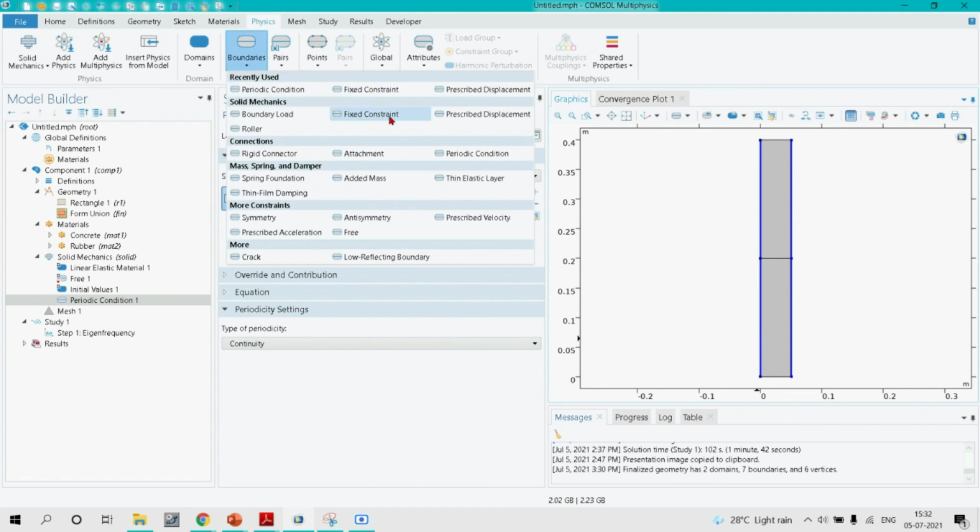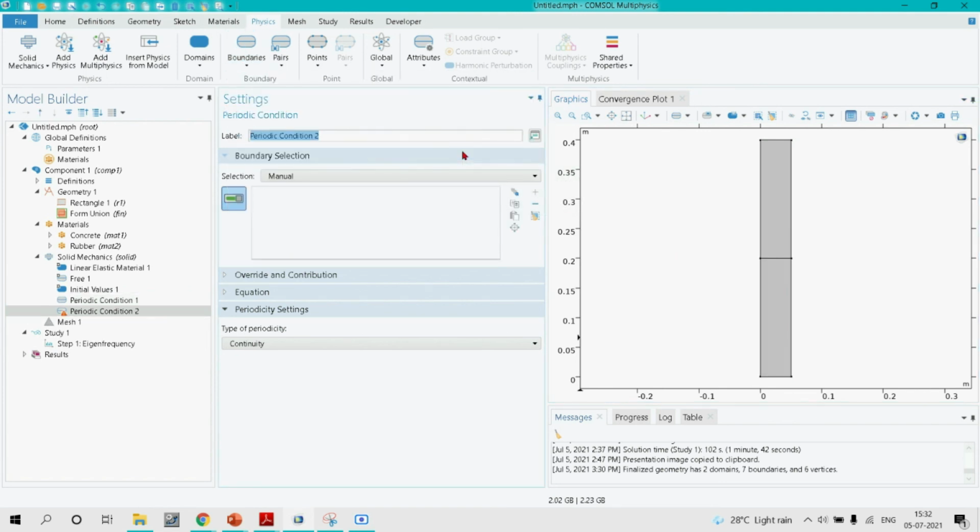Now in the next step, we have to select the periodic condition. In periodic conditions, select Bloch-Floquet periodicity. Now this is the x direction, this is the y direction. We know that the unit cells are repeating in the y direction. So we need to give the irreducible Brillouin zone parameter ky in the y tab and select these two boundaries for applying Bloch-Floquet periodic boundary conditions. Okay, so both of the periodic conditions we have applied successfully.